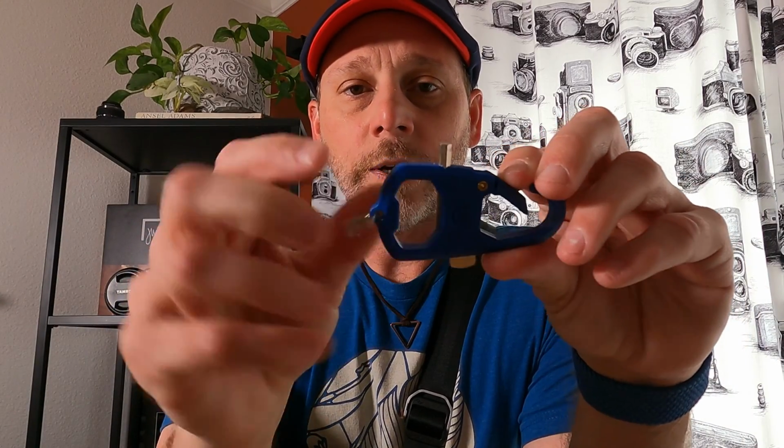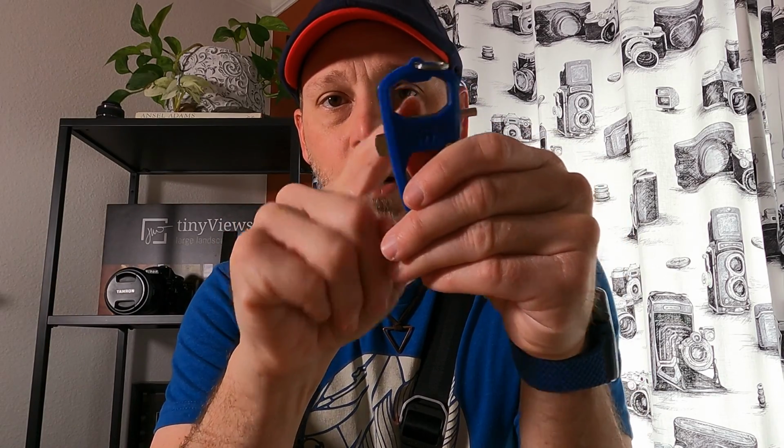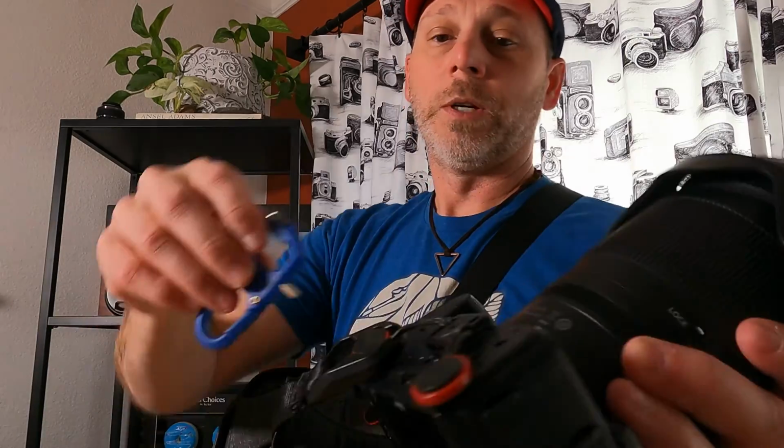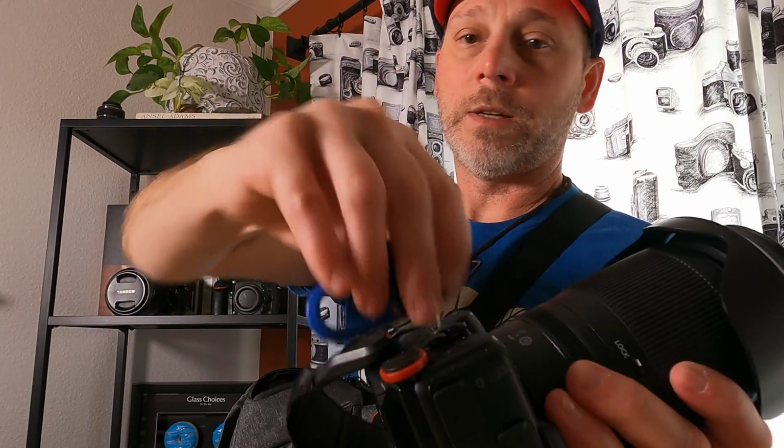And the multi-tool here has the hex tool, and it also has a straight edge. It can be easily clipped onto your backpack, and it also has a bottle opener in case you brought some beverages. And so that allows me to just quickly take this off, which brings me to my next essential item,